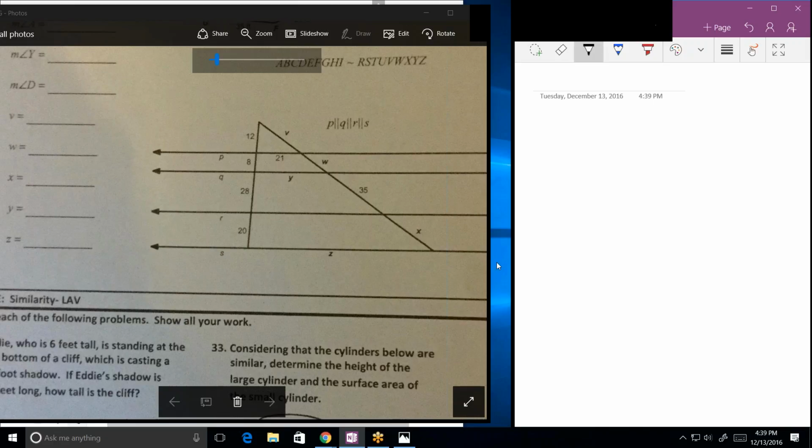Hold on a second. Let's see. I can take that side. I could say V is to 21 as V plus W is to 35, but that gives me two variables, and I can't solve for V. So I don't want to do that. If I'm looking at this as similar triangles,